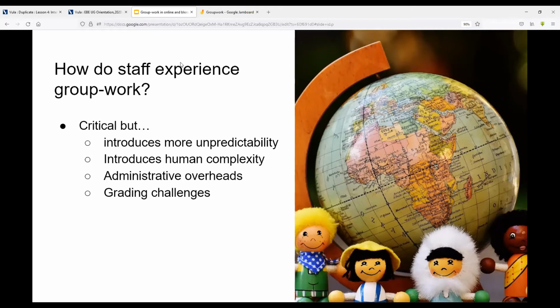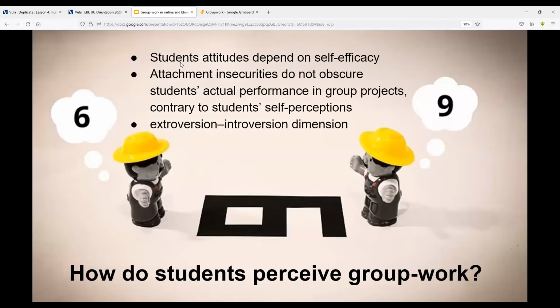And then our next slide just reflects on some of the key issues around students' perceptions of group work. There's some very interesting work at the moment around the impact of high levels of self-efficacy on students' attitudes to group work, around, weirdly, attachment theory and group work, which I thought was a very interesting combination.